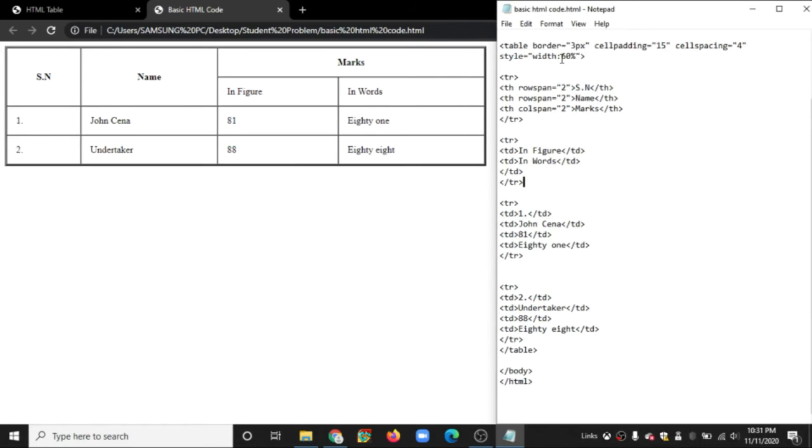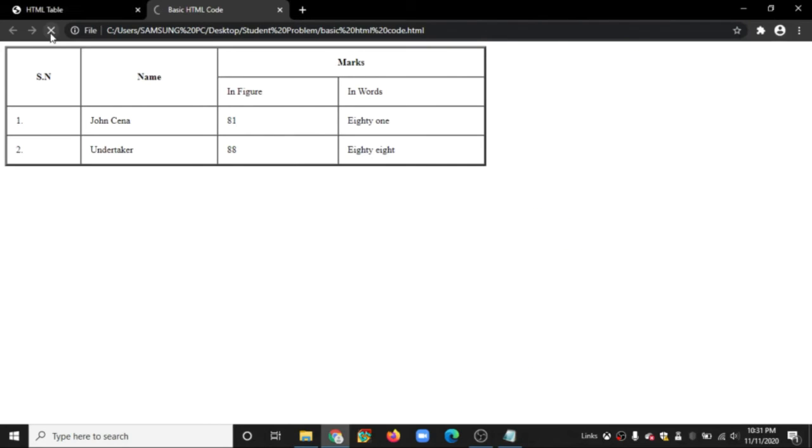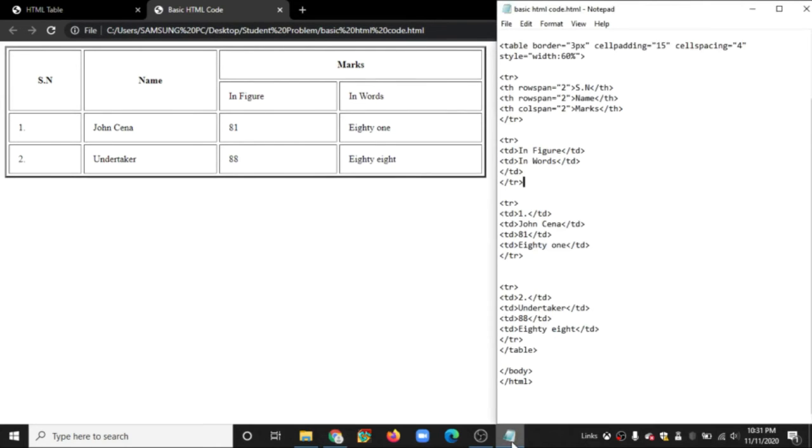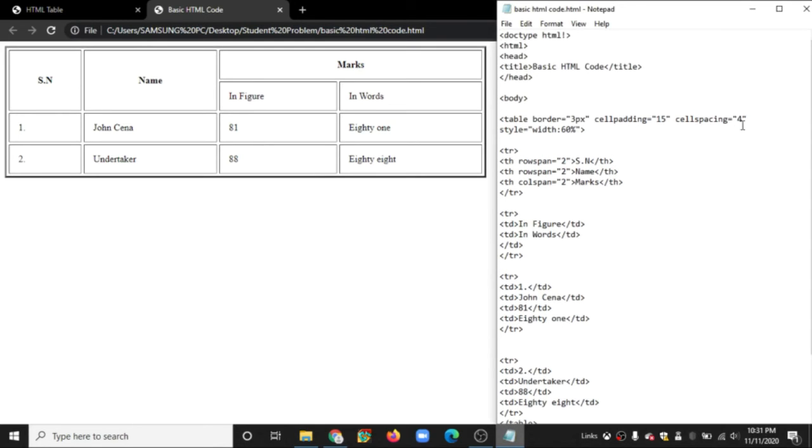So I have used cell spacing equal to 4. Now reloading. So you can see the space between the boxes. As I used cell spacing equal to 4, you can see the space between every two boxes.